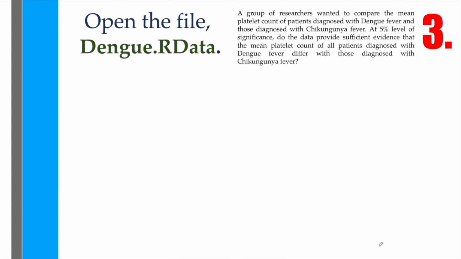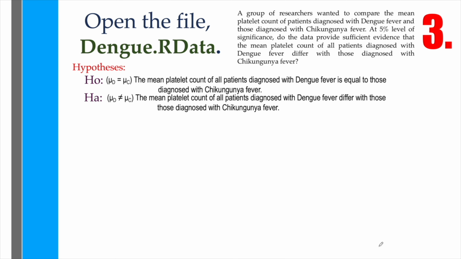As for example number 3, wherein our null hypothesis was that the mean platelet count of all patients diagnosed with dengue fever is equal to those diagnosed with chikungunya fever. And our alternative hypothesis was that the mean platelet counts differ. And since there was no statement whether we may assume that the population variances are equal or not, we made use of a separate test, which is the F test for two variances,